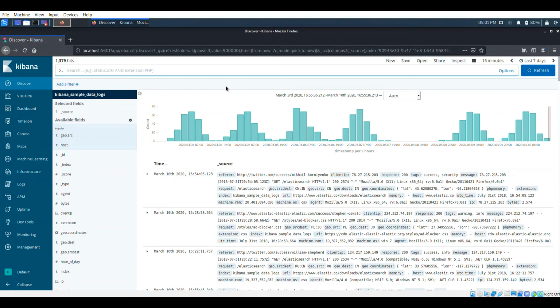The next SIEM software that I'm going to be looking at is Elk. The Elk SIEM consists of 3 open source products, which include Elasticsearch, Logstash, and Kibana, as seen here, all of which are developed, managed, and maintained by Elastic. Elk provides similar functions when compared to Splunk. Some sample data of weblogs provided by developers of Elk will be used to showcase Elk, which is going